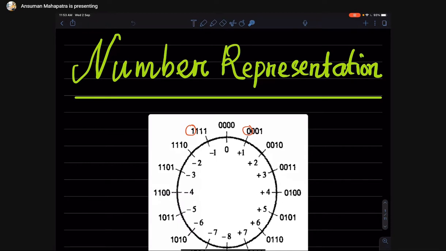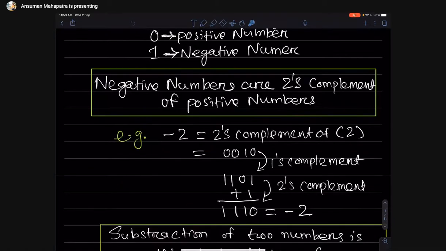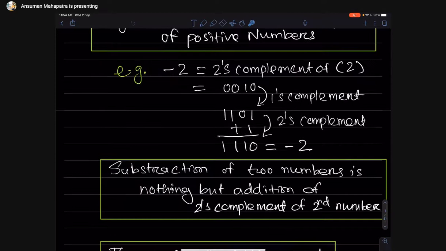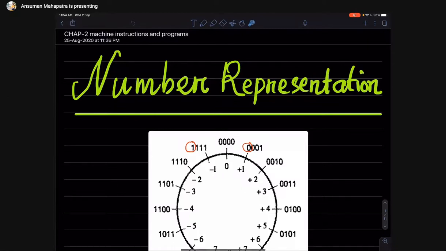Number representation, how to take one's complement, how to take two's complement, all those things I will not teach you, but I will go through them as a recap. We will speedily cover this part, better in the next class. This is chapter number 2, called number representation, how to represent numbers in binary. This chapter is very easy, so we'll see it in the next class.